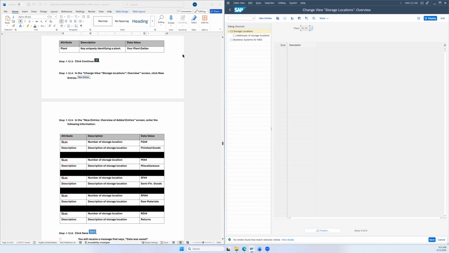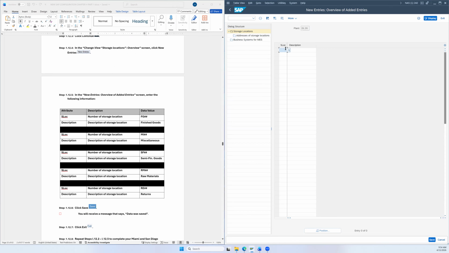So we're gonna hit new entries, which is gonna be up top. And now we should be in the new entries overview of added entry screen, which you can see what we are. So for S location, we're gonna type in FG and our unique identifier, which is 26. And looks like that's going to stand for finished goods. I'm going to go ahead and copy that over. And MI